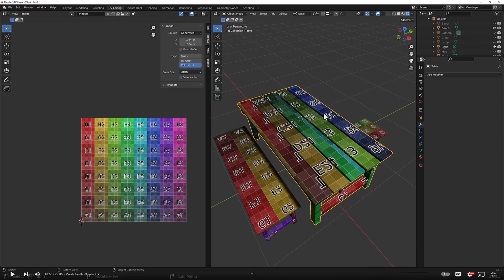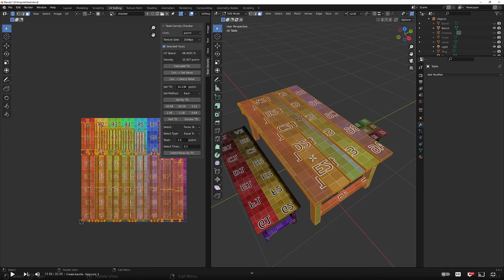But what we need to do is make those the same. Because this is our biggest object, it's probably my limiter. I can't make this any more dense. It is what it is. So if I select this and press Tab to go into edit mode and A to select everything, and calculate my texel density on this texel density rollout on our little plugin, we'll see that the density comes to 6.5. If I click set value, that will come down to here, Set TD, and now I can apply that